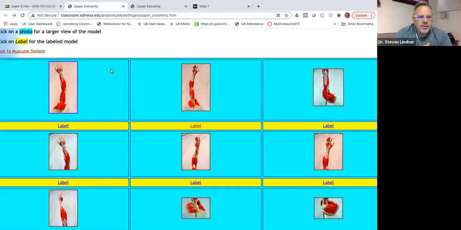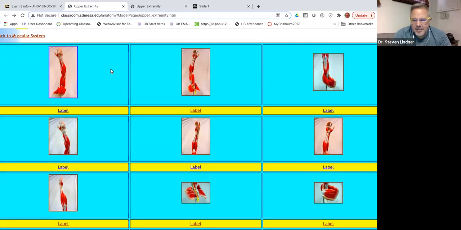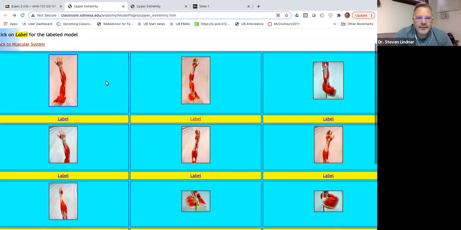Okay, welcome everyone. We are going to be starting the upper extremity myology lesson today. So we will be covering muscles of the scapula, muscles of the shoulder joint, muscles of the elbow joint, muscles of the wrist, and some muscles of the fingers. So let's start with